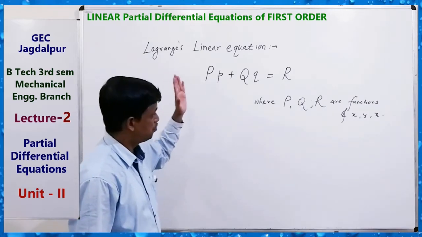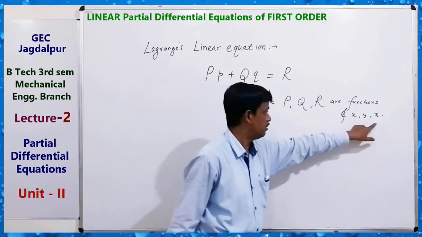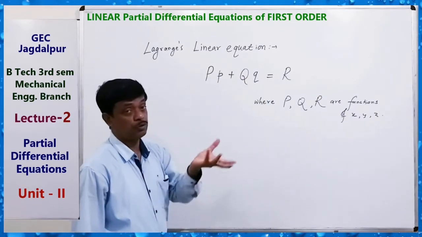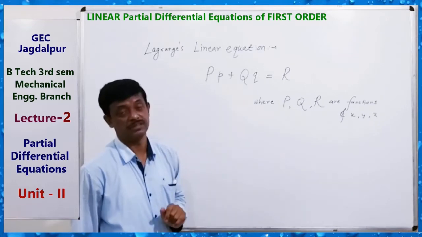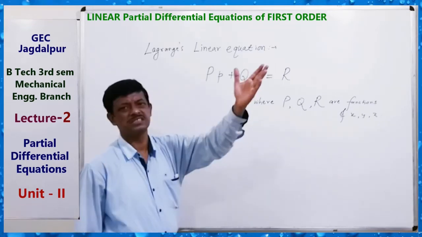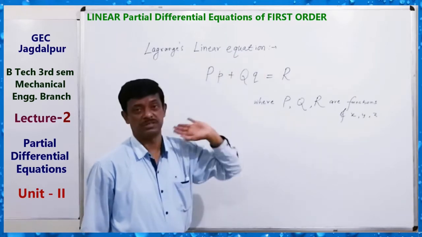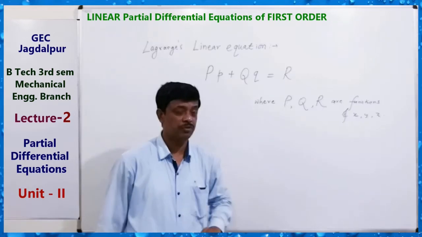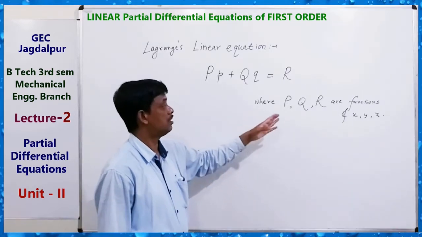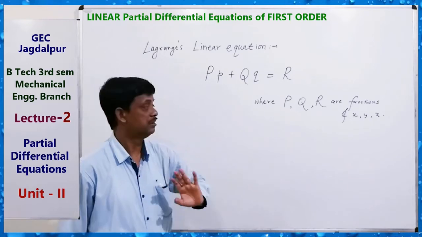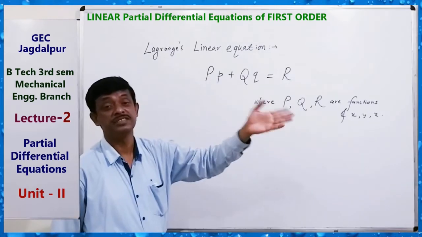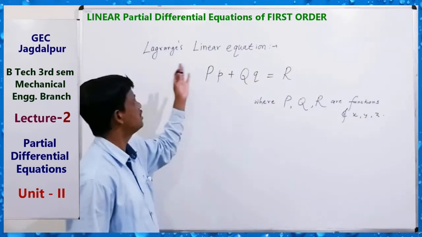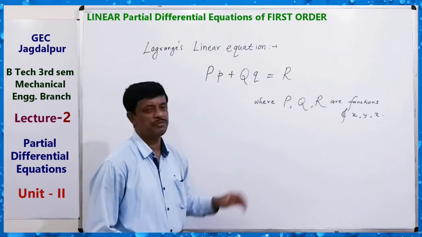Actually, here z is the dependent variable and z is also involved in P, Q, R. That means this is actually a quasi-linear equation, but generally known as Lagrange's linear equation. For a pure linear equation, P, Q, R are functions only of x and y, independent of z, but generally it is known as Lagrange's linear equation, and its solution can be found very easily